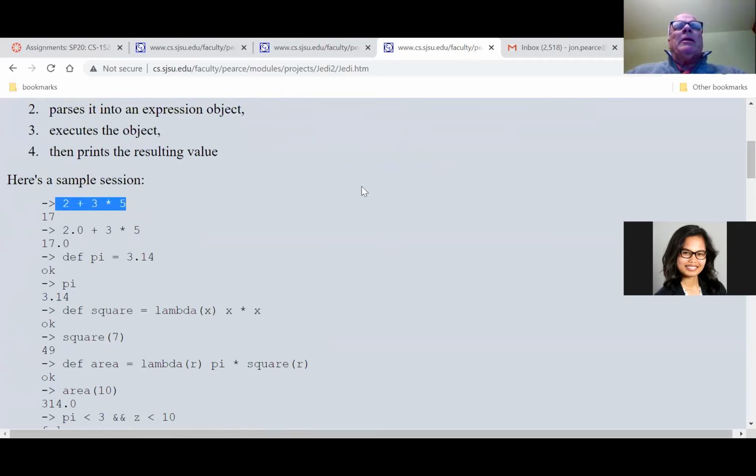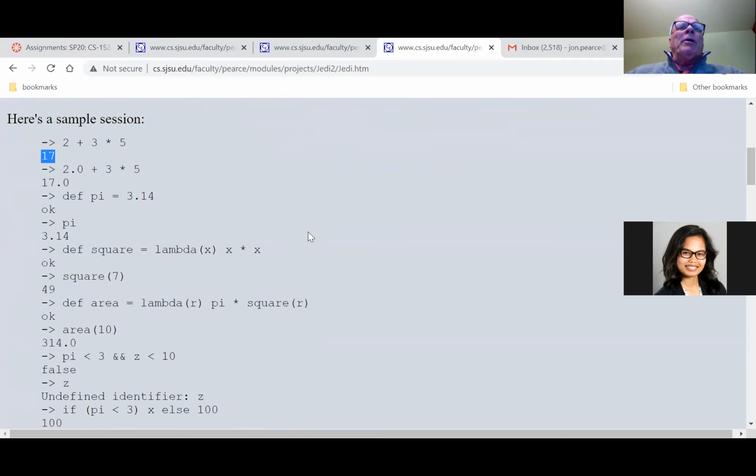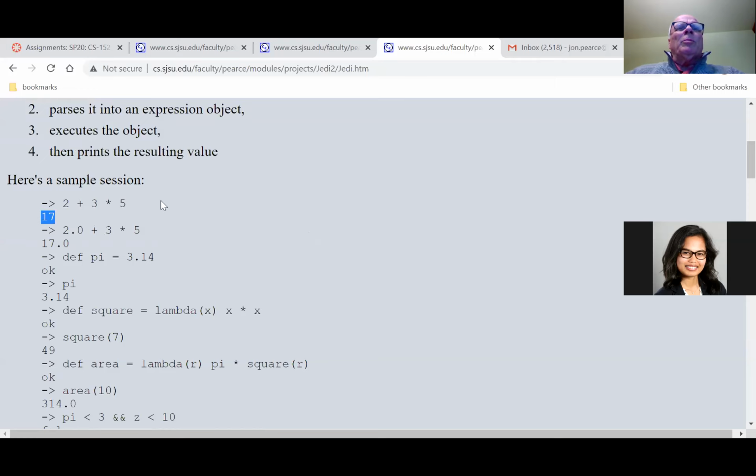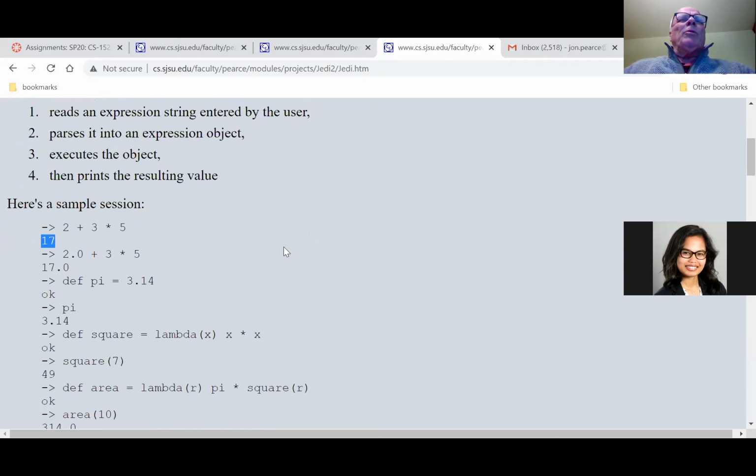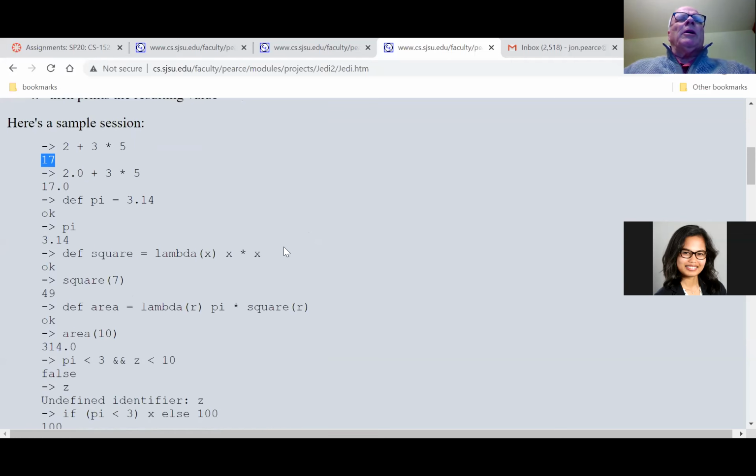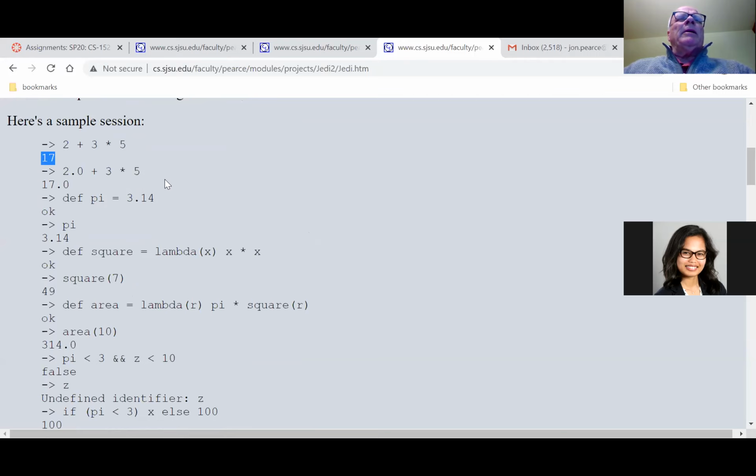You type in expressions and they produce values as outputs. So, 2 plus 3 times 5 is 17. We can go through this little sample session here. I'm doing various arithmetic expressions. One cool thing is that if the inputs are all integers, then the answer is an integer. But if even one of them is a floating point number, the answer is floating point.